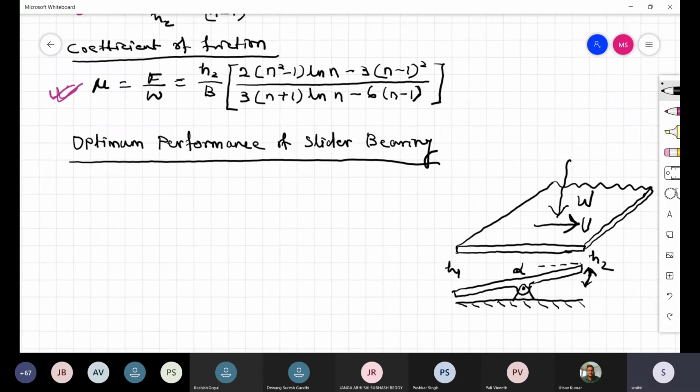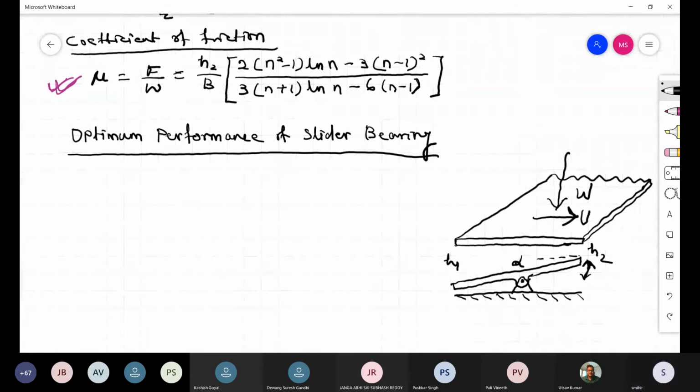But when fixing a pivot, how do you find this distance of the pivot? That is now also another important thing. X1. So what position should I put the pivot? It is not that I have to put it at the center. So at what position should I put the pivot for a particular operation? So based on the operation, I have to put the pivot.